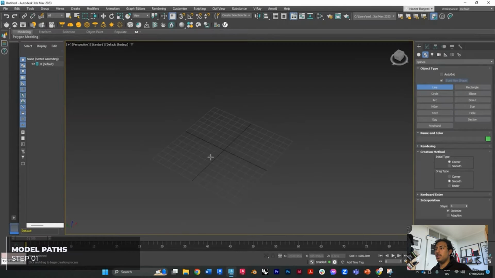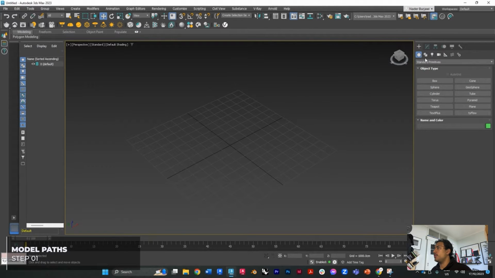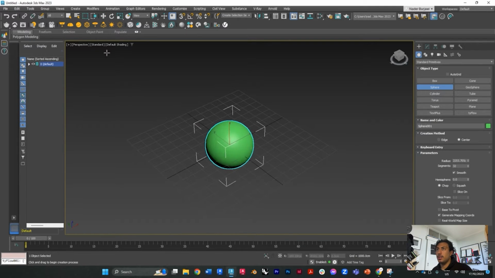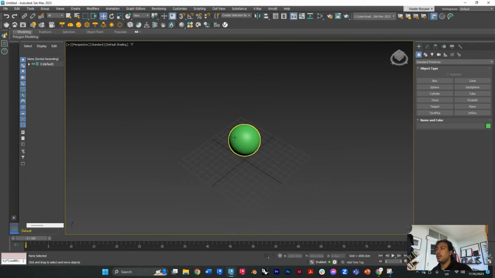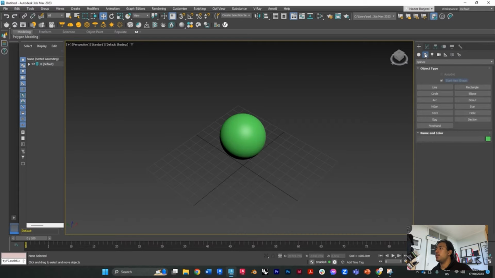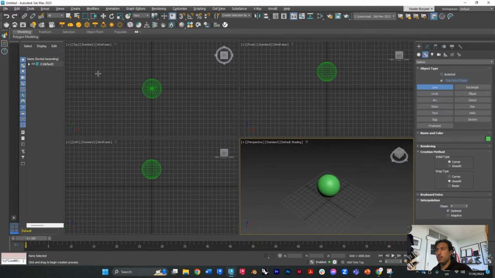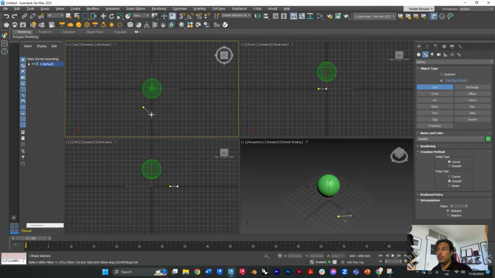Once you have your 3ds Max open, the first thing we want to do is jump into standard primitives, and we want to create a sphere and place it somewhere in your model. I'll move mine a little bit off like this. Then the next thing we want to do is create a path for the spline particles. The way to do that is you jump into shapes, go to splines, and click on line. For me, I want to do a smooth line, and then you can try and draw